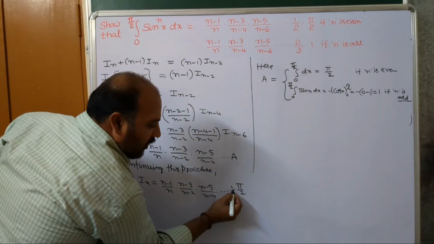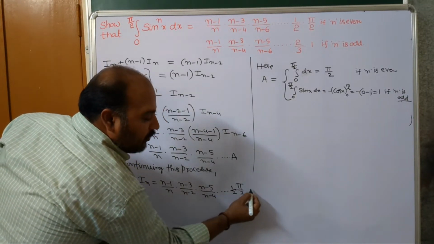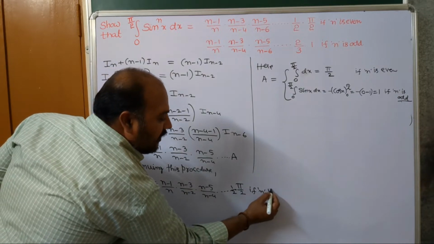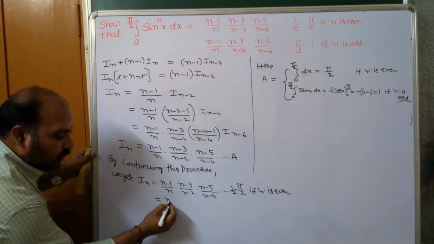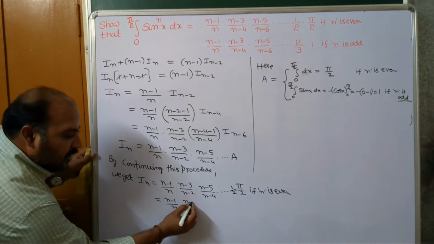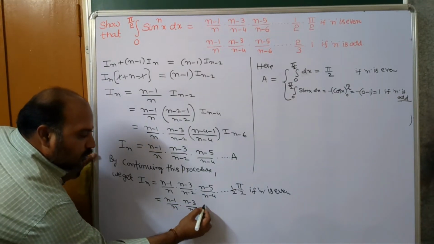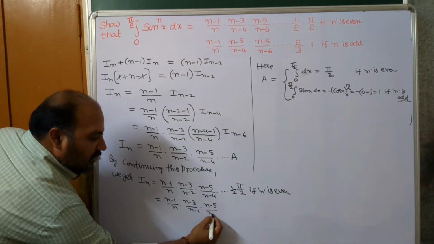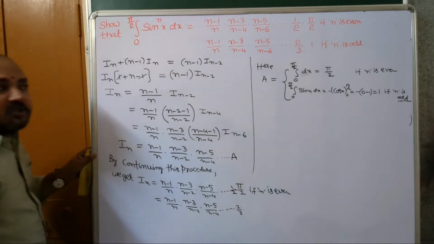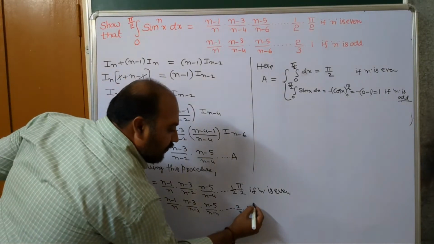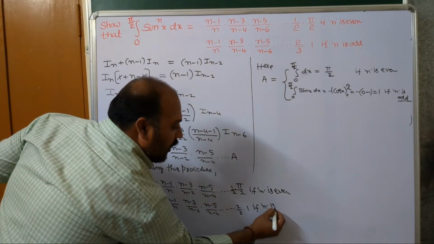At last you will get 1 by 2, so pi by 2, if n is even. That is equal to (n minus 1) by n, (n minus 3) by (n minus 2), (n minus 5) by (n minus 4), and so on, 2 by 3. At last you will get it into 1. If n is odd,